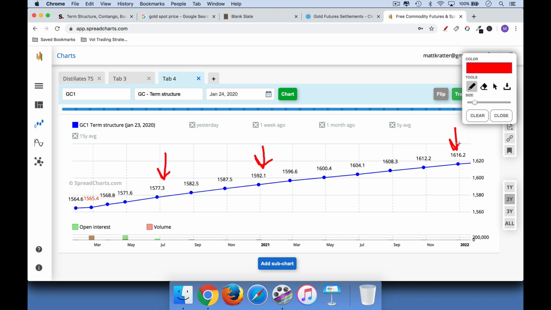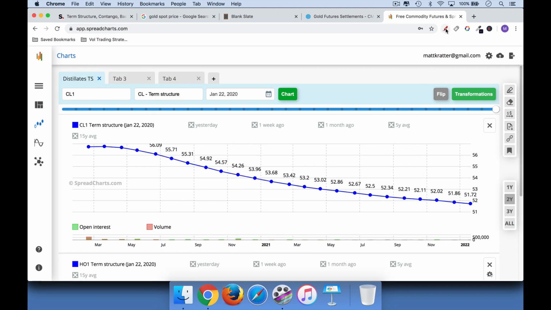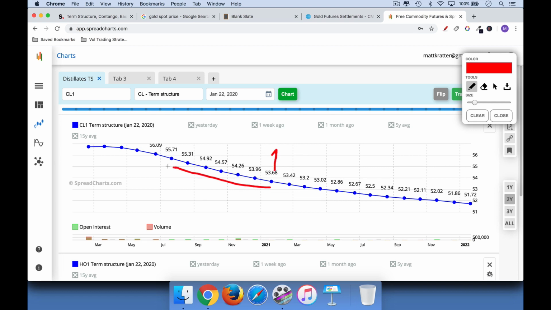So it's always good when you're trading a commodity to be aware of the term structure, whether it's in contango, whether it's in backwardation, whether it's got some weird seasonal effects like natural gas has. And while you're doing that, it helps you have an idea of whether you're going to have negative carry while you're holding a commodity contract or positive carry. Now, if a market is in backwardation and you're long the market, as we said, you're going to slowly roll up the curve. And so you'll have positive carry.